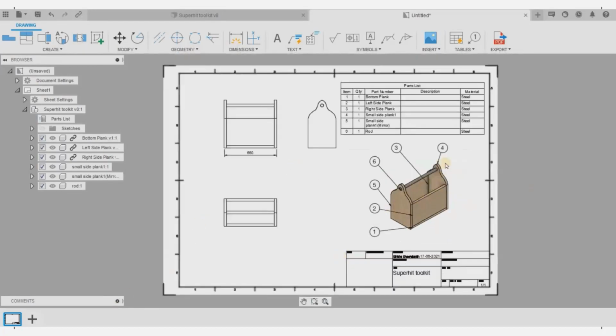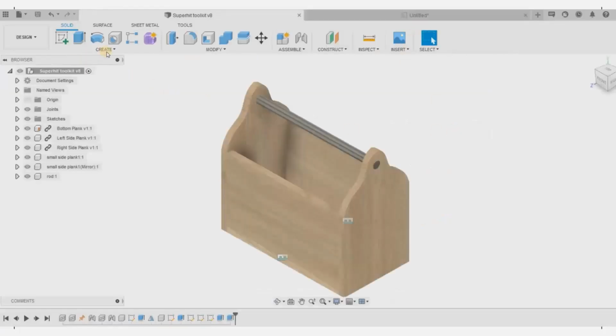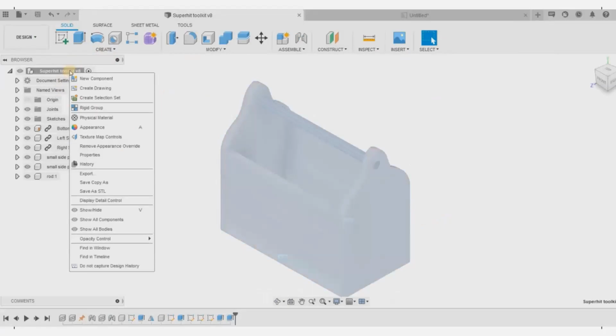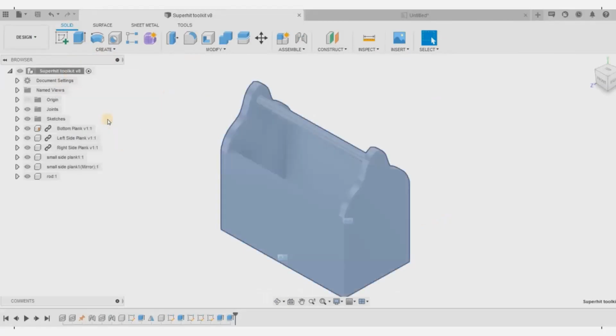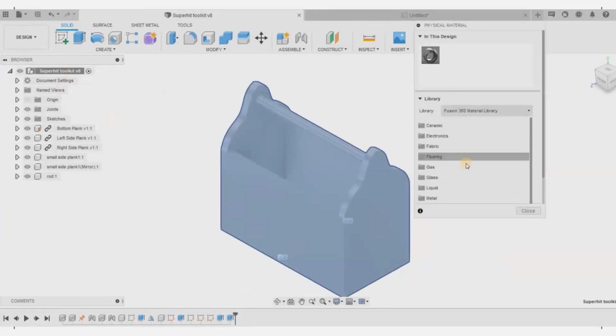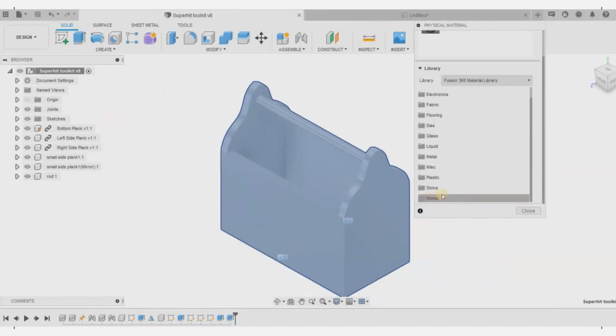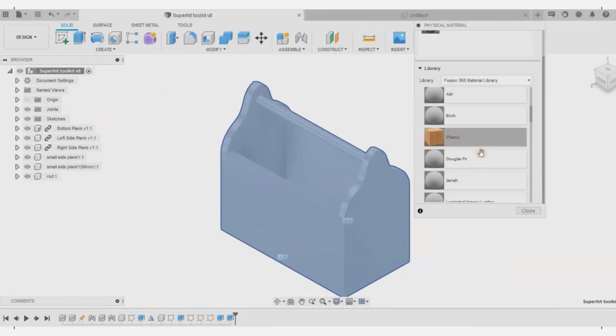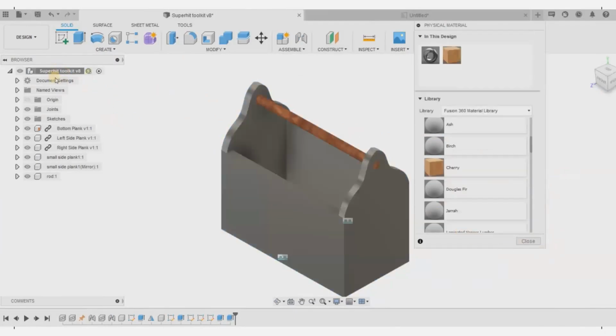And if you see all the workspaces that you have seen right now, they are interlinked because they are all on one software. So now I'm going to change the material. You have seen in the bill of materials that everything is made of steel, right? Because you have given only the appearances, that is, its texture you have given as wood, but here the material has to be changed to wood. So here I can use this option, click this, just drag it, and to the whole assembly, this part can be added.